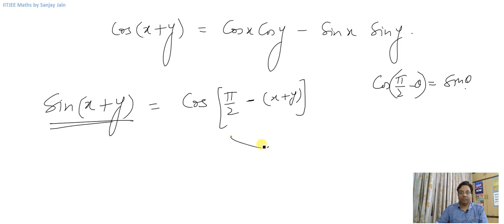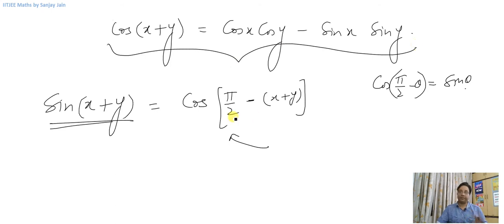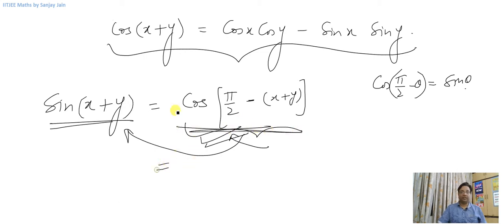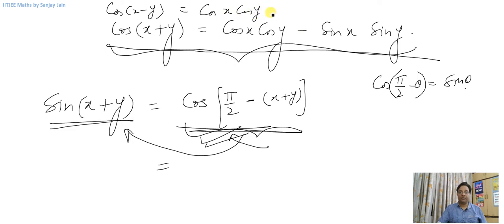So they have used this transformation to find, once they have derived this formula in their lecture, and then after that they have used this transformation to find sine of x plus y. Now this is also pretty simple, because you can write it like this: if you know cos of x plus y is equal to cos x cos y minus sin x sin y, then you can also find cos x minus y as cos x cos y plus sin x sin y. How did I find that? Just by replacing this plus y with minus y everywhere. So we have done this already, right?